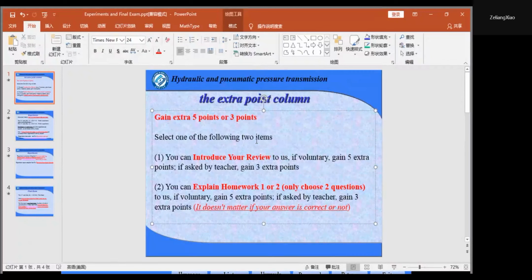Lao Shi, can I start? Okay, you can start. What's your name and student ID? I'll make notes. My student ID is 62. Please write it down in the dialog box. Okay. And then you can begin. The last number is 62. Okay. Now,